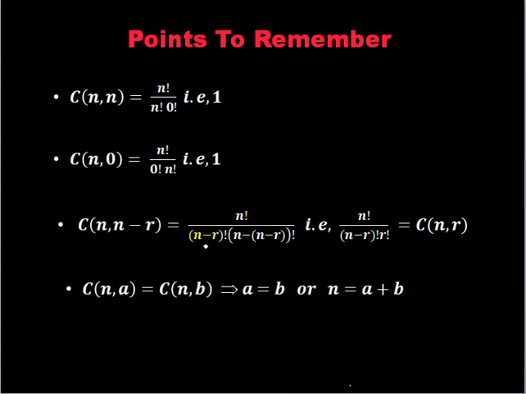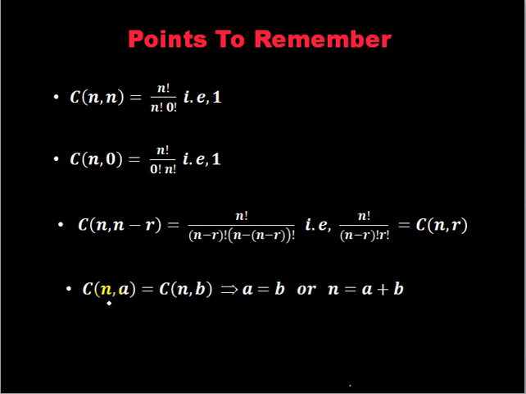It will be n factorial over n minus r factorial into the difference of these two factorials. So n minus r. If we open the bracket, you see n gets cancelled out. We only get r factorial. So this is the expression it reduces to. And if you look carefully at this expression, you will find this is the expression for C(n, r) only. So if you have C(n, n minus r), it can also be written as C(n, r).